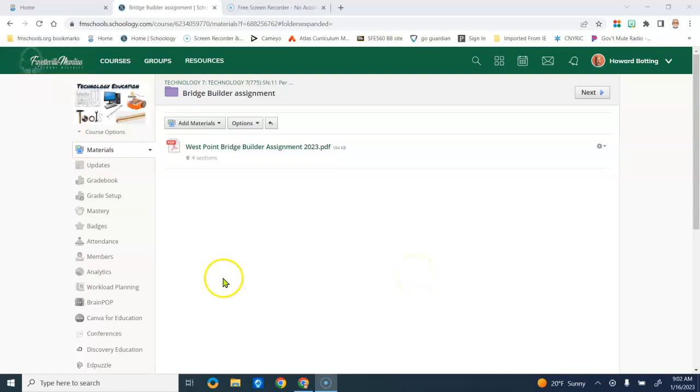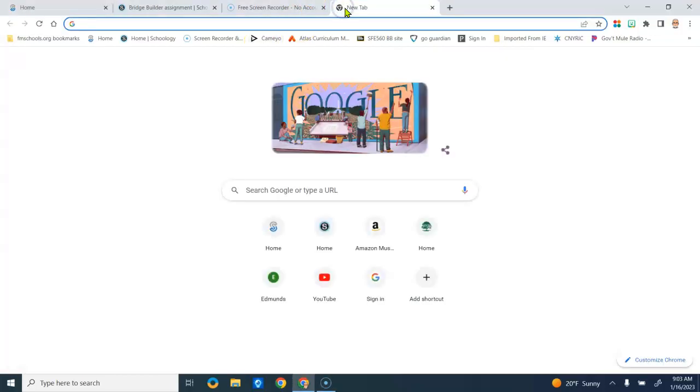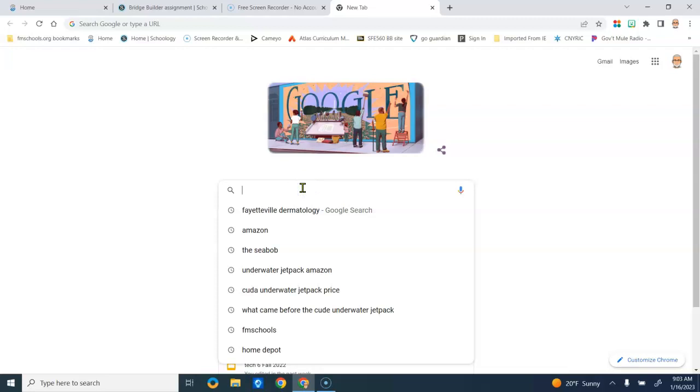Howdy, folks. So we're assigned this West Point Bridge Builder activity, which we introduced in class this past week. To do this, you have to get to the program West Point Bridge Designer. It's actually found at the Cameyo platform. I've bookmarked it into my favorites, but if you haven't, and you probably haven't, just go to the FM